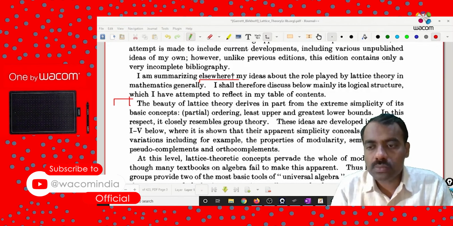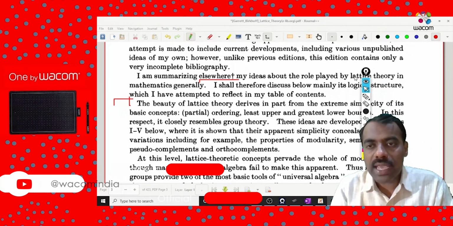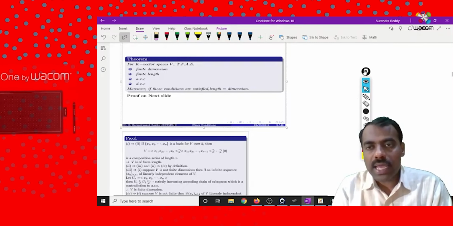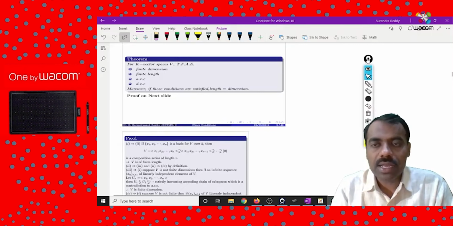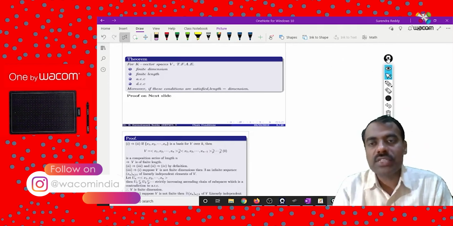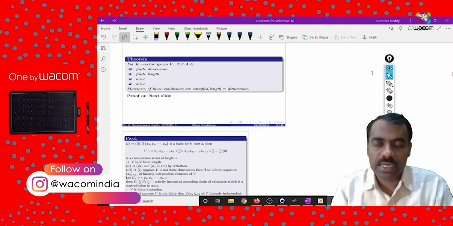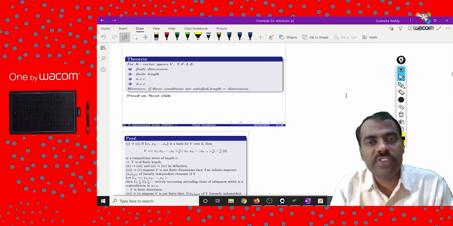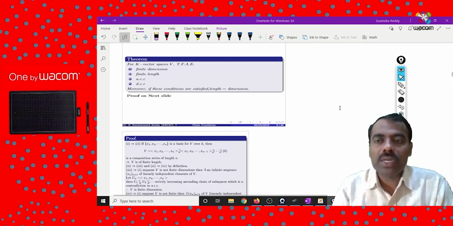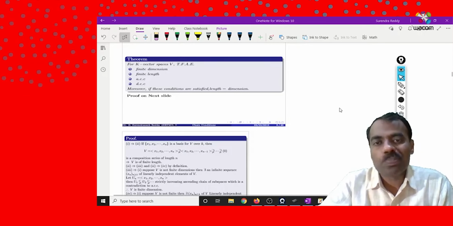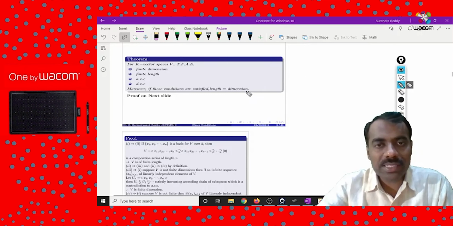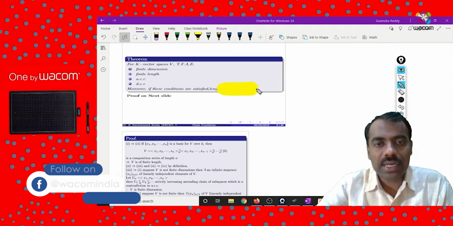If you see the small icon here, let me minimize this. The small icon which we have here is called Epic Pen Tool. This is very popular, and it has a free version, and a pro version is also available. Most of the time the free version is more than sufficient. What Epic Pen does is that you can start writing or drawing something here immediately. You can highlight something.